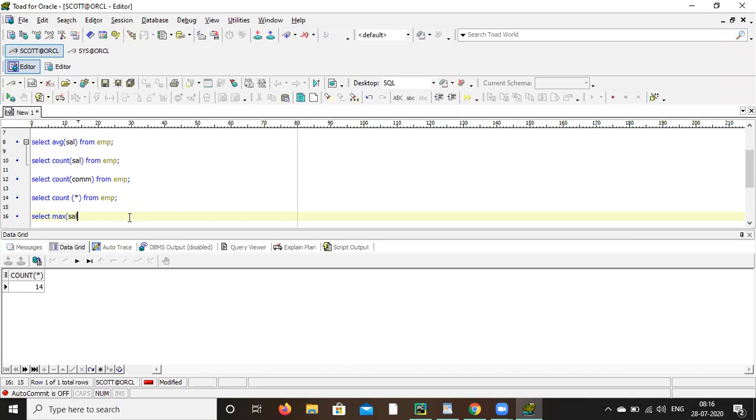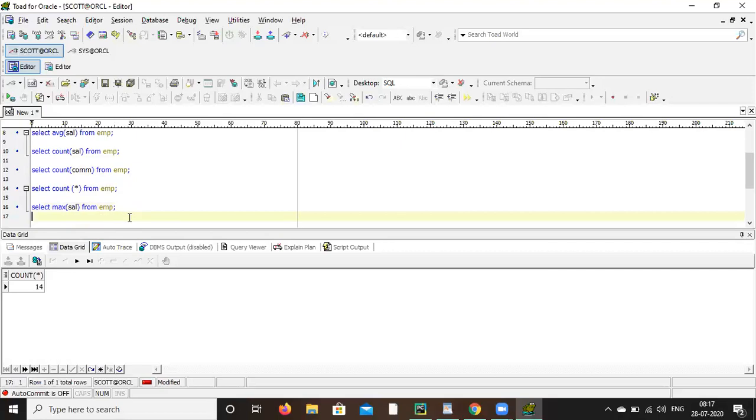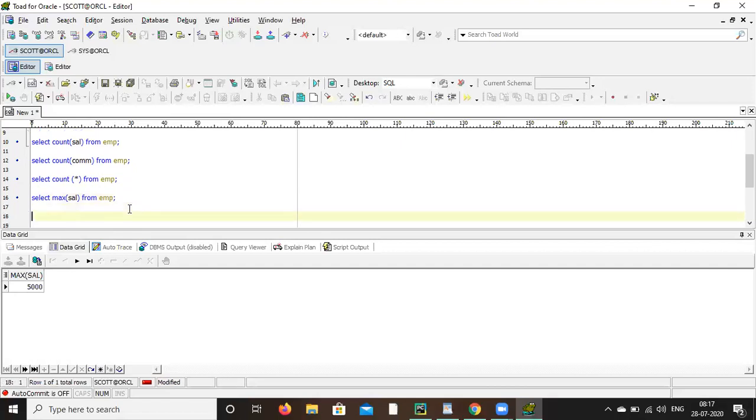Max of salary. So maximum is 5,000. Okay.